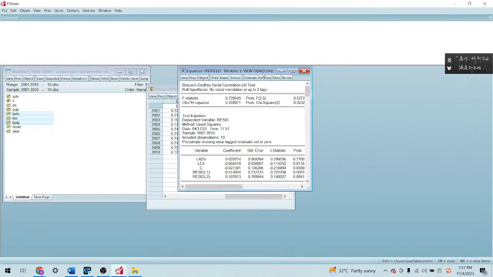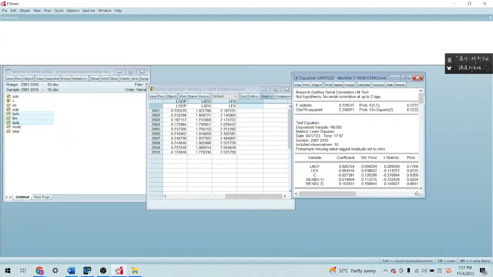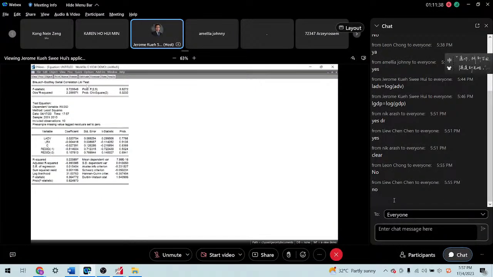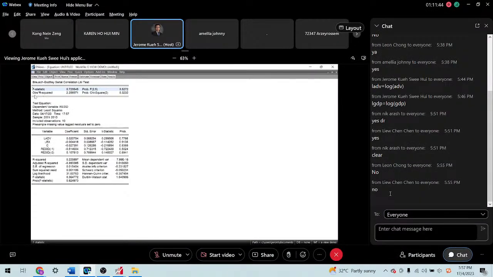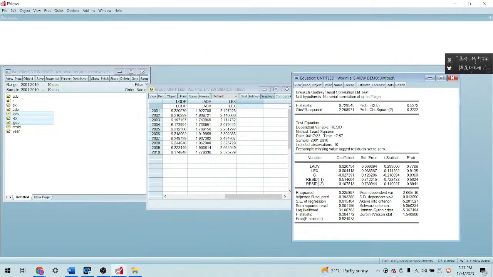So this is your Breusch-Godfrey serial correlation Lagrange multiplier test. Here you can see the F test and its probability, and then the observations times the R-squared, and this is the probability of the chi-squared. Normally we look at the probability of the chi-squared. The result looks complicated, but in fact it is not, because you just need to identify which information is needed for you to make the conclusions.